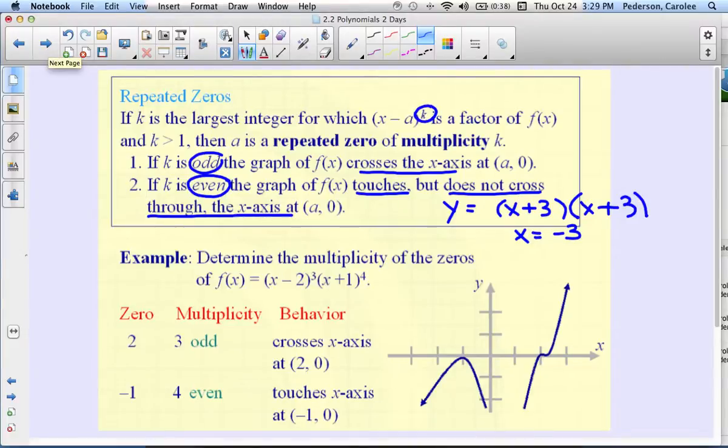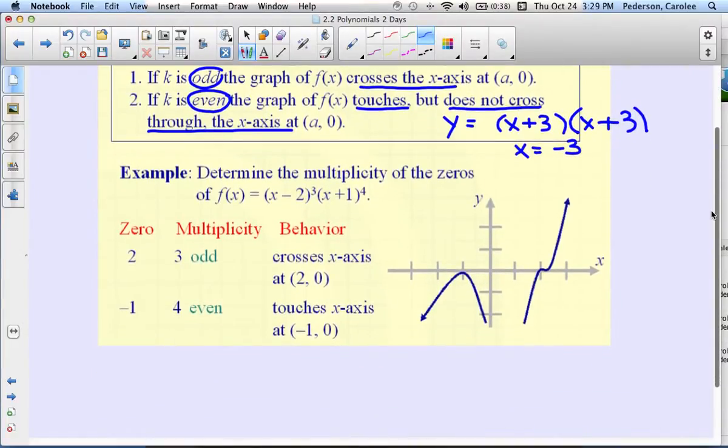So our example below is a nice one from what we call a multiplicity. So we have a function f of x equals x minus 2 cubed. Notice here is a multiplicity. Its multiplicity is odd. The zero is at x equals 2. Remember, you always set those factors equal to 0 and solve for x. So the zero is at 2. Now we go up to this chart and we say since that degree is odd, then it's going to cross